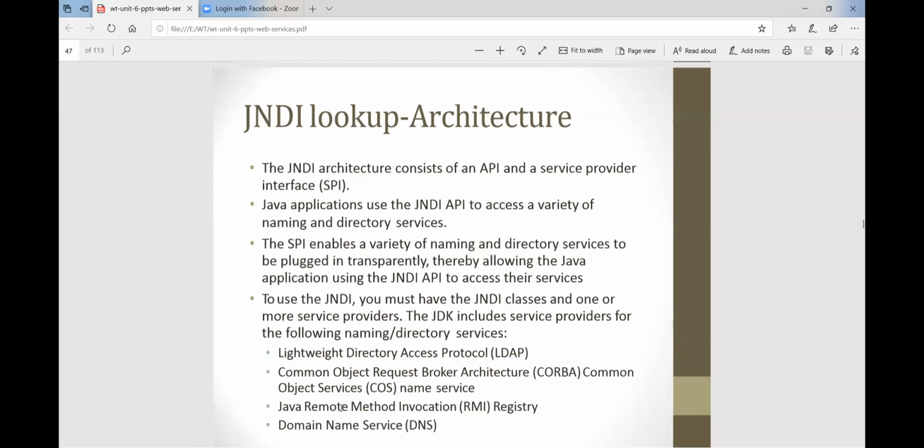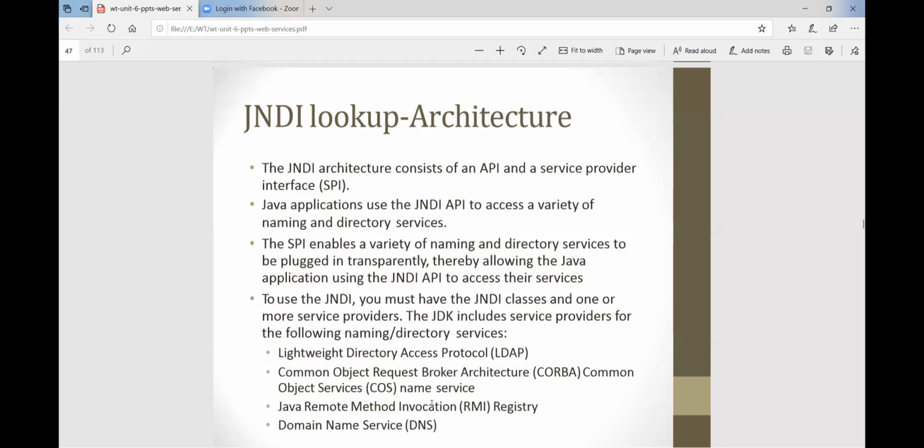Then Java Remote Method Invocation, the RMI registry. In C++, when you use inheritance, the base class properties are inherited into the derived class, right?